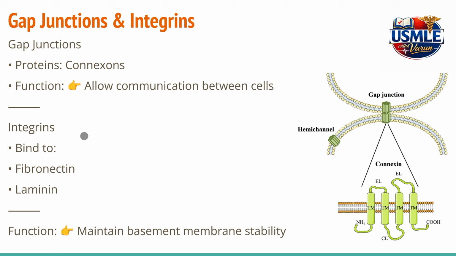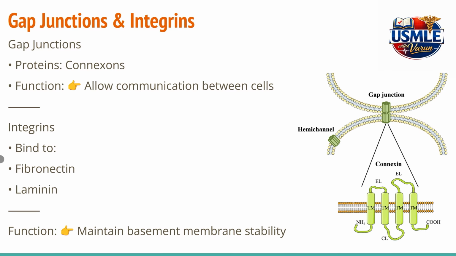Gap junctions are basically associated with communication between the cells. As a result, this helps maintain the synchrony between the interconnected or adjacent cells. The proteins present in gap junctions are connexons, and these function by allowing communication